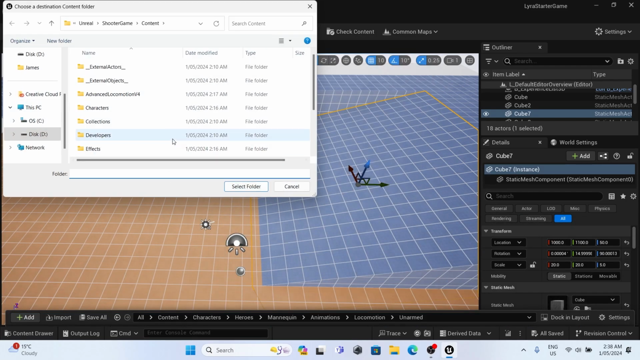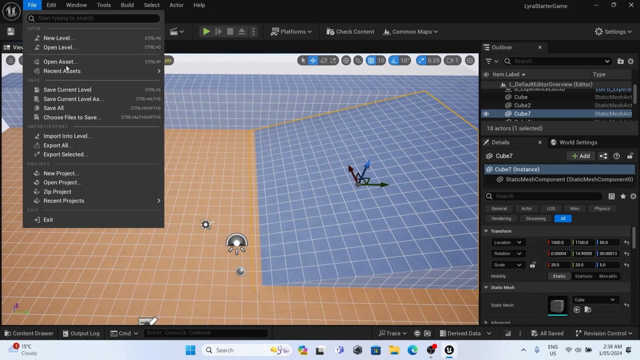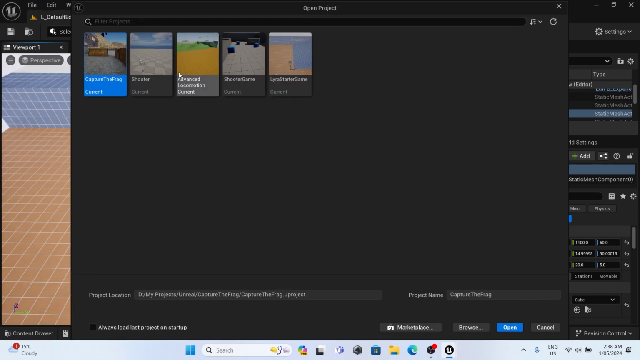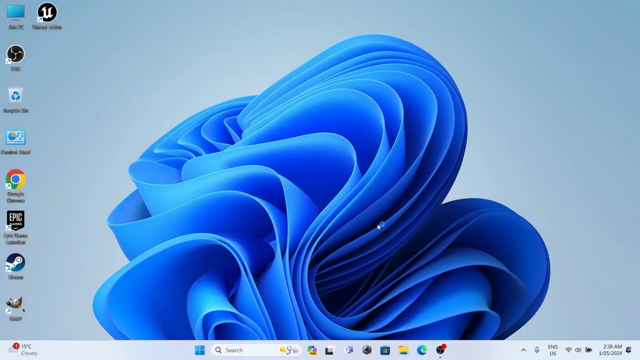Okay, now migrate it to the project file that you want to use. I'm gonna use this shooter game project, and then onto the content folder migrate it, which I have already done. Now open your locomotion project,